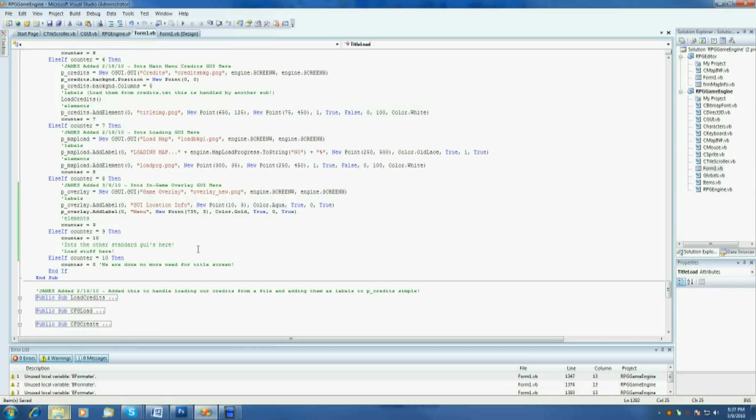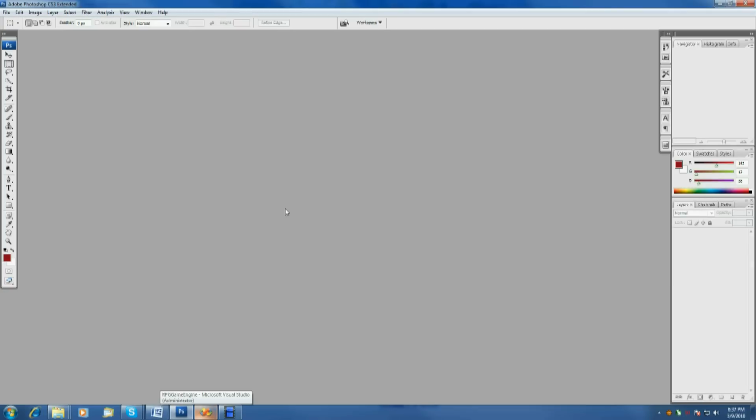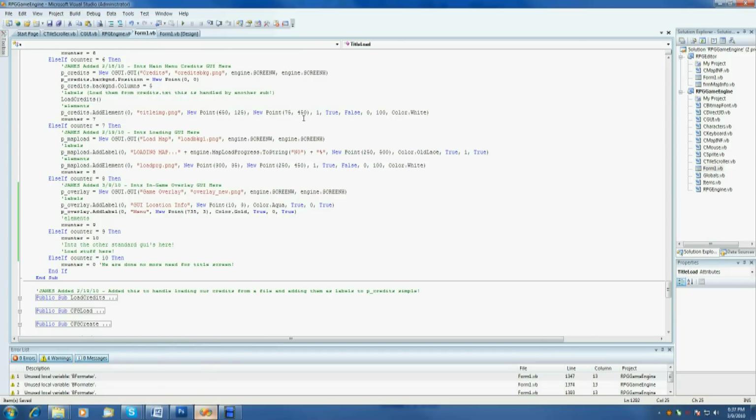So next would be the compass. The compass we've already decided that we want to do as a sprite sheet, and we have 8 directions: north, south, east, west, northeast, northwest, southeast, southwest. So we have all 8 directions, and we will need to make a sprite sheet that handles all 8 directions. Now, before I do that, I need to double check how big